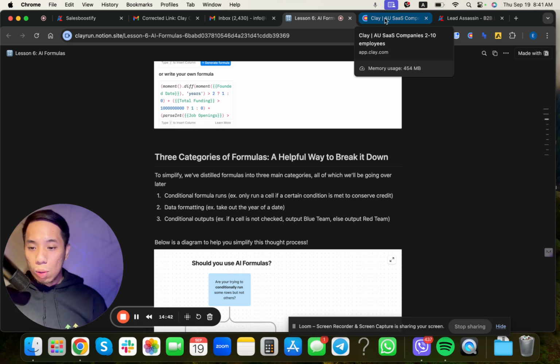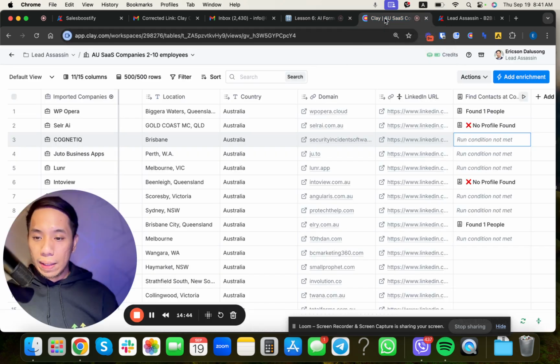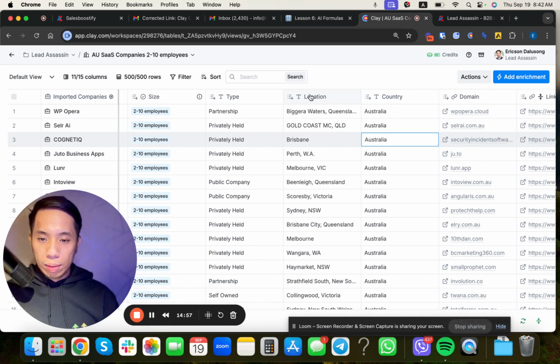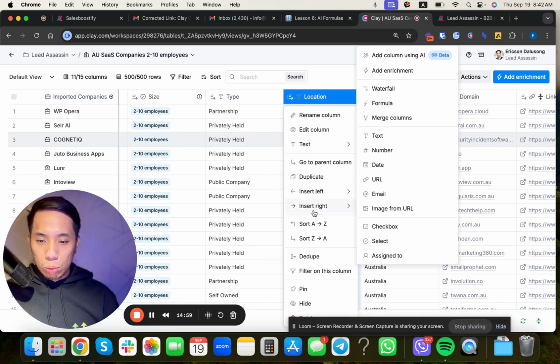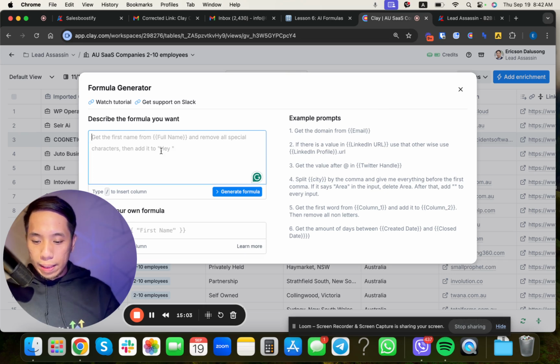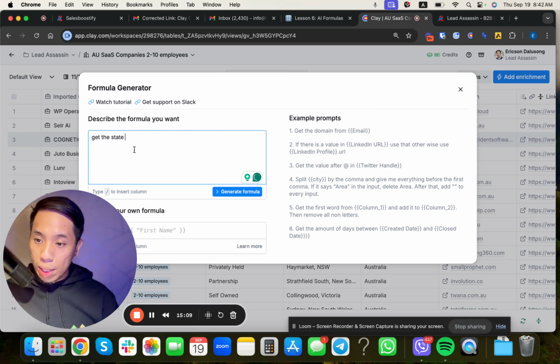So we're gonna head back to our table, and then what we are going to do as an example is that we are going to take out the state from this column. So to do that, we are just going to select insert formula, and then we're going to describe the formula that we want. So we want to get the state. That's our goal here.